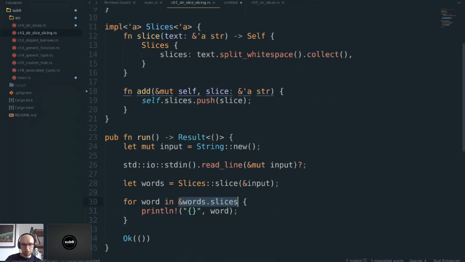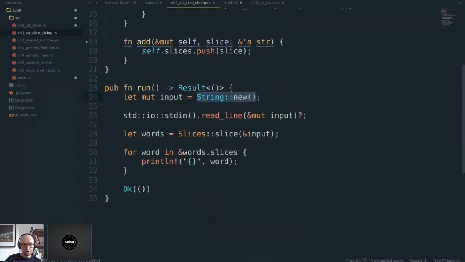But what I'm actually printing out is still contained in this capital S String over here, right? So I've read from the terminal, I've read some input into this String. And while the vector is allocated on the slices, what I'm actually printing here, the word over here, is still borrowed from the string here, right? Makes sense?